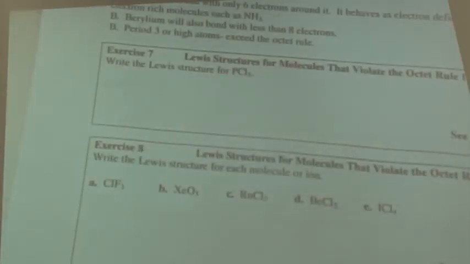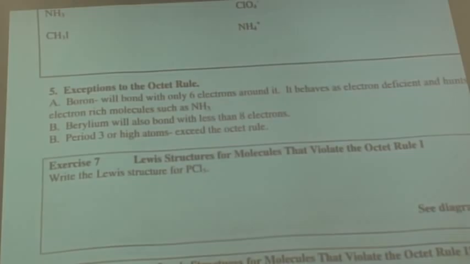So I'm going to use all 4 pair to connect the ligands to the central atom. The central atom's happy, the hydrogens are happy. You need to show that this is an ion, and the way you do that is to encase it in brackets and put its charge on the outer right-hand corner. Okay? You will have some time to practice these, but first we need to talk about exceptions to the octet